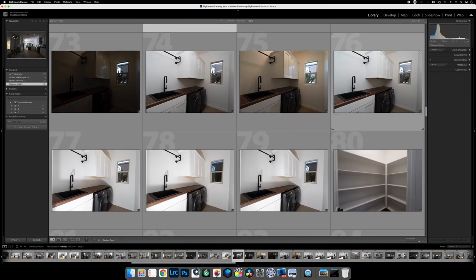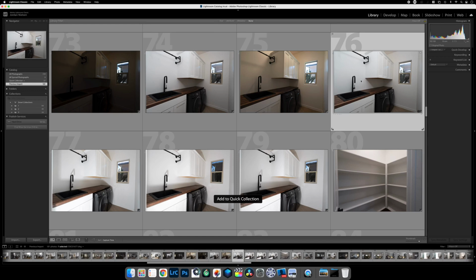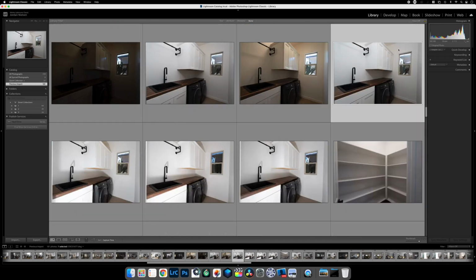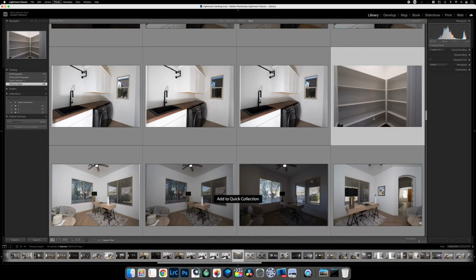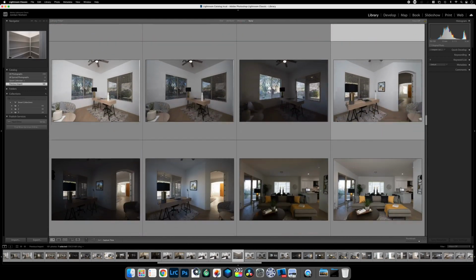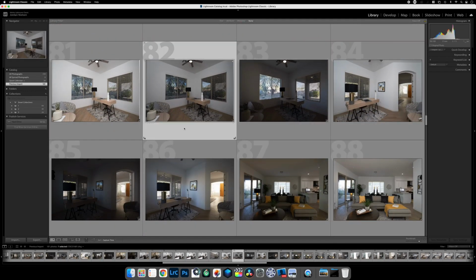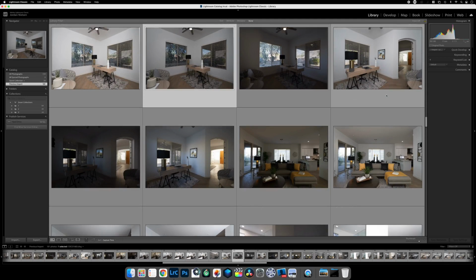This is the laundry room. I'll probably just end up doing a single exposure. It looks like there's no reflection there. In some of these rooms that aren't necessarily super money shots, we can get away with the single exposure. In many cases here, outside this door, it was really dark, so we'll have to blend this one,